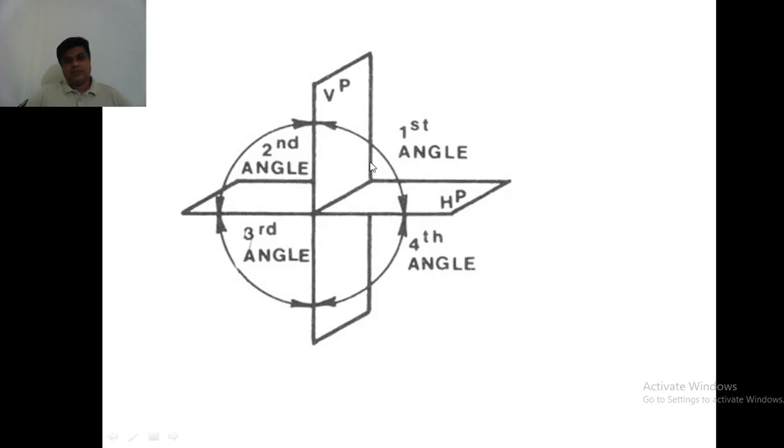Imagine 6 faces of the box, but here we are considering only 2 faces of a box. Then on the right side we have one box, next to that one more box, but again in the second box we are having only 2 faces.